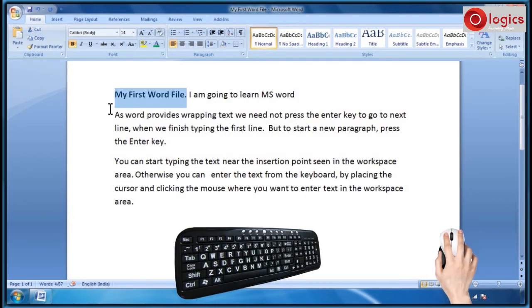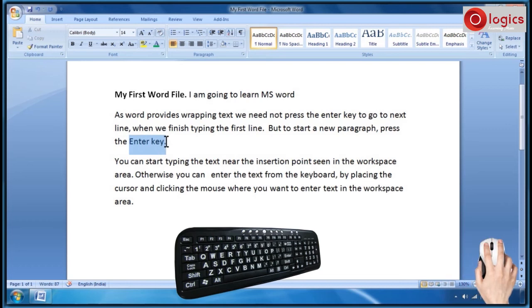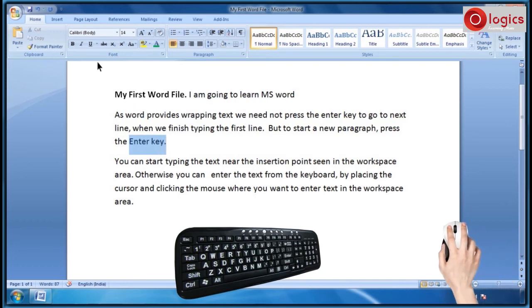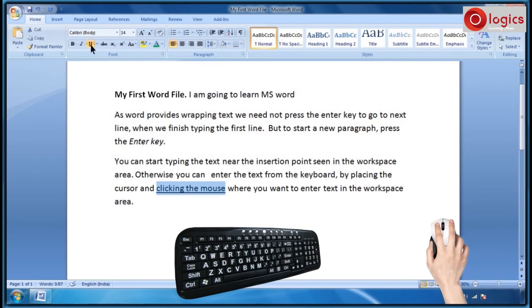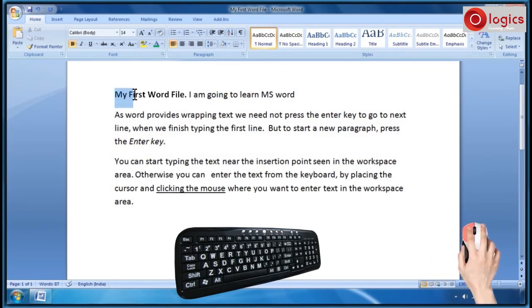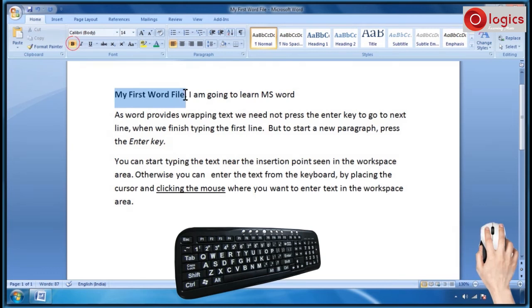See how I am going to format the text as italic. Similarly, you can give the underline effect. Select the text and click on underline command. When you select the text, applied format effect command will be highlighted. Click on the same to remove the effect.